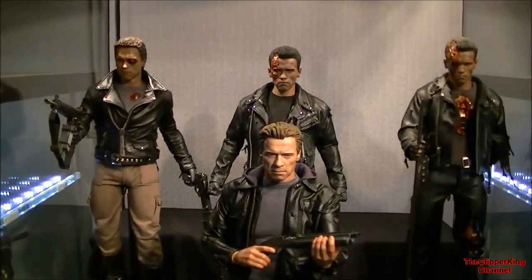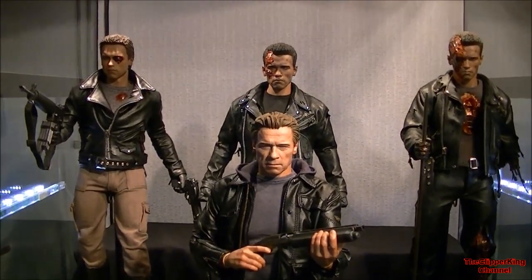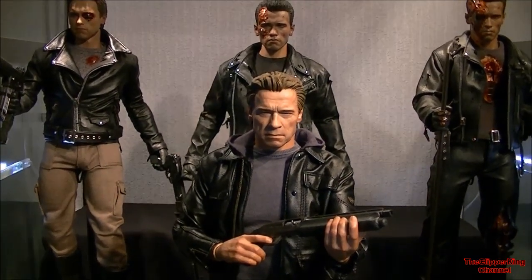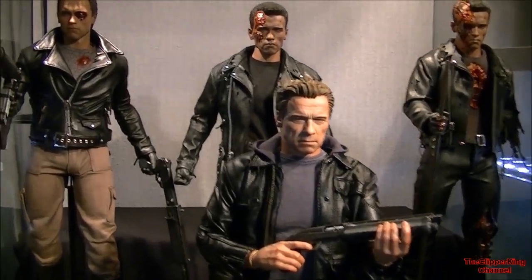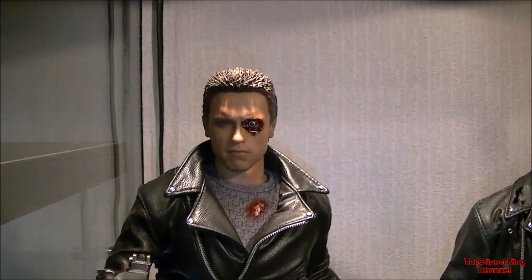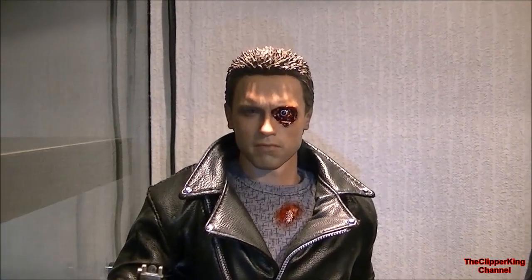Moving on to the likeness, and as you see, you knew I was going to set up the other Terminators. I've done it on this category because I think it's the one that emphasises most the change in the appearance, or not so much the change but the aging of Arnie in the role of the T-800. So just to rattle through, from the original Terminator movie, you see this one is the battle damaged head, so